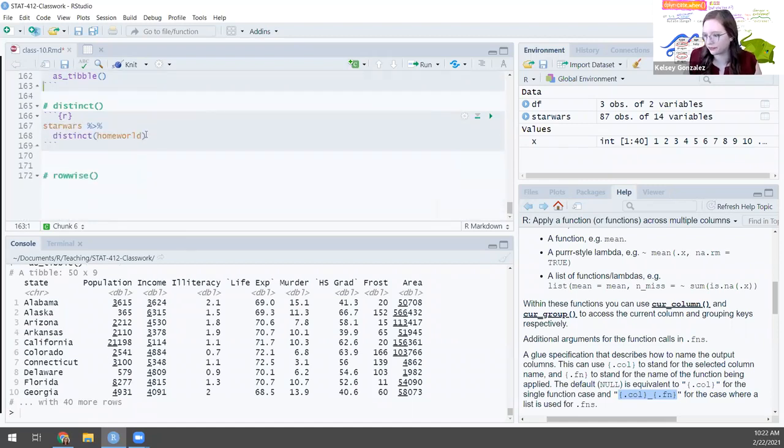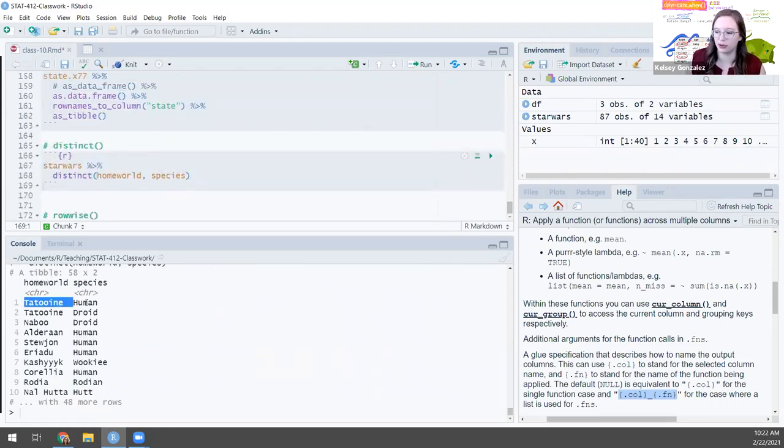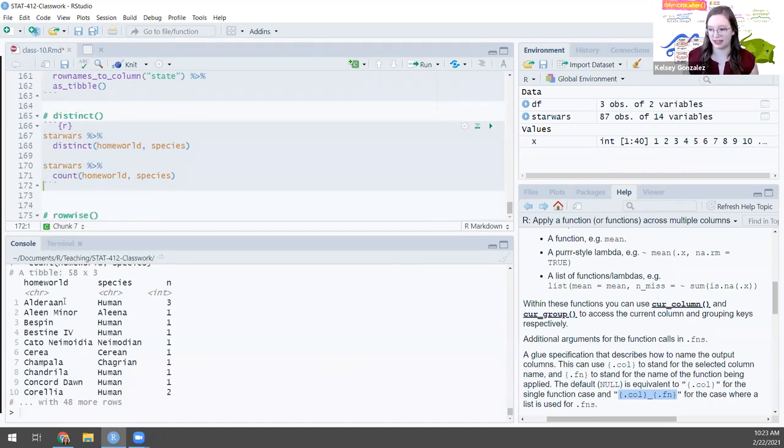Hopefully that helps. Okay, so I can also do this over multiple variables. So I can do this over homeworld and species. So I can see for each homeworld, what are the species that live there? And it's going to give me all of the unique combinations. This is, in my opinion, identical to count, except count gives you the number, so it gives you more information. So if I do count here, it's going to give me the exact same thing. It's just going to also give me the number of observations there. So I find it a little more useful to use count,